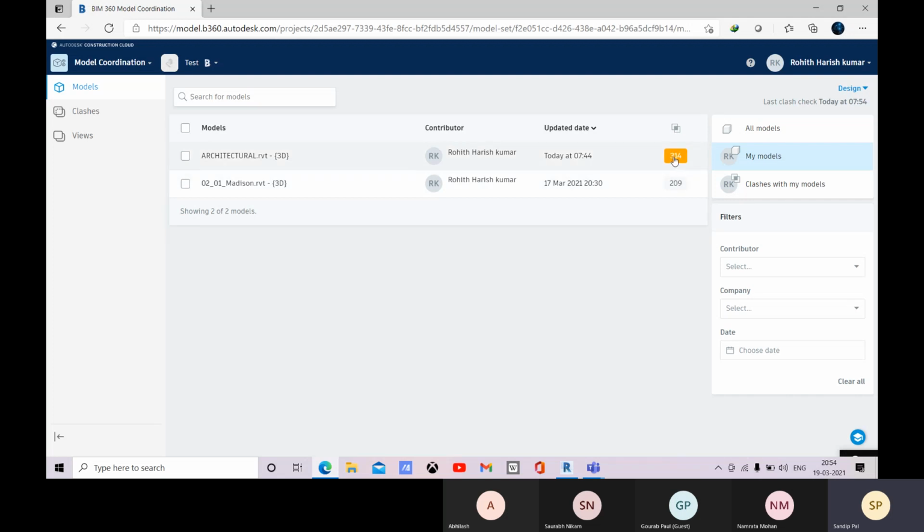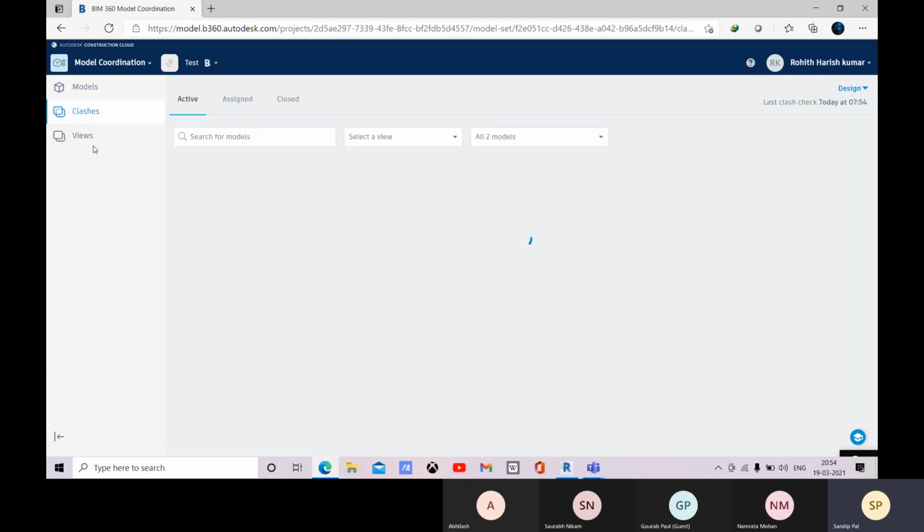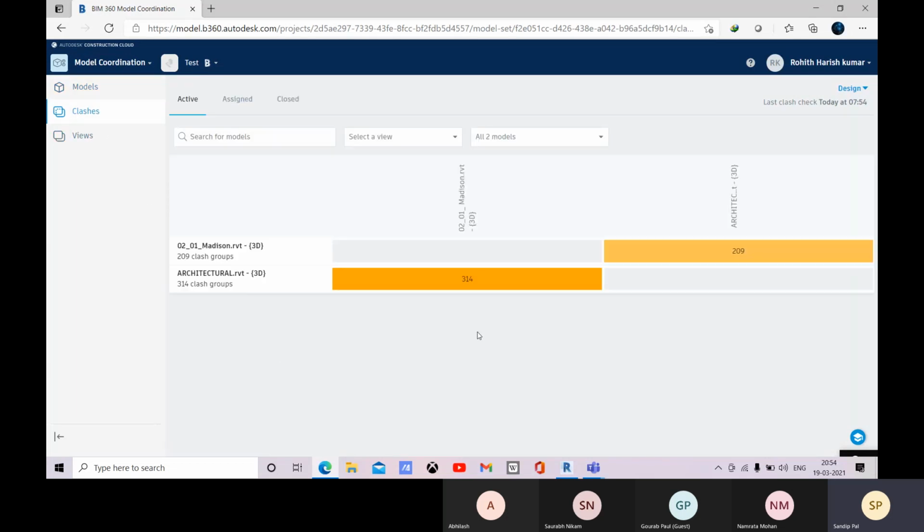Here you can see that there are 314 clashes between this and this, and 209 for this one, and you can come to these clashes separately. Here you can see that this is for this model, and so horizontally you will have models as well, and at the top section you will have the same models.